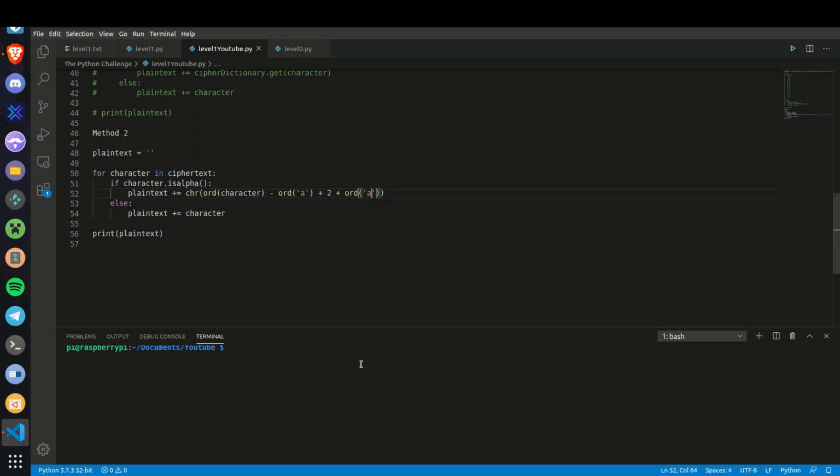So what we're going to do is modify this accordingly, right? So we have our distance, and we add 2. We need to mod this whole section here, and that will give us the letter value or the position of the letter, and then we add the Unicode value of a, convert that whole thing to a character, and then add it into the plain text. So if we run this,